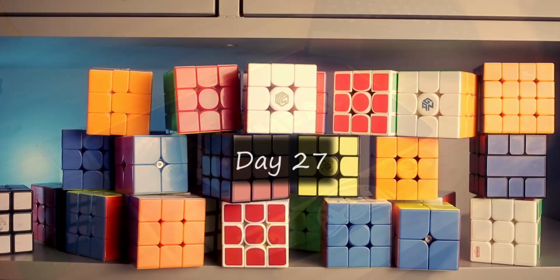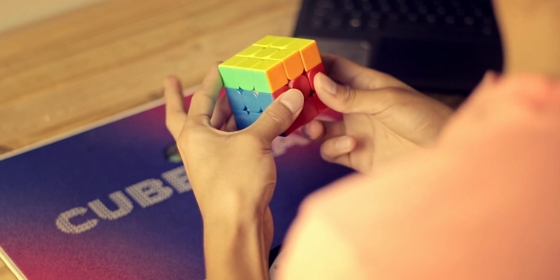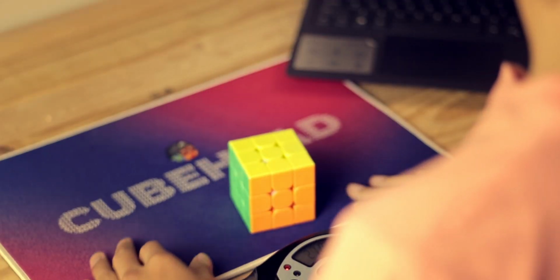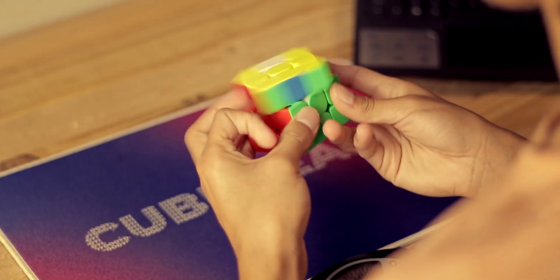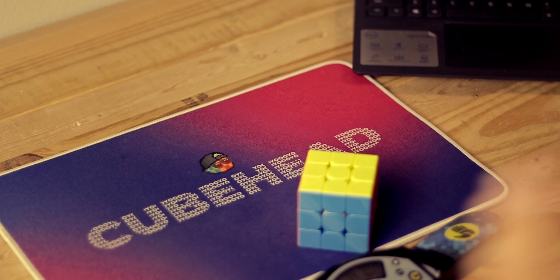Oh! I did manage to get a new PB single, but I didn't record it, of course. It was a 12-second solve, and that's my first ever 12-second Roux solve. 14! My brain is jelly. Last day. So, yeah. I don't know. There's nothing else to say. 15! Oh! What? I got another